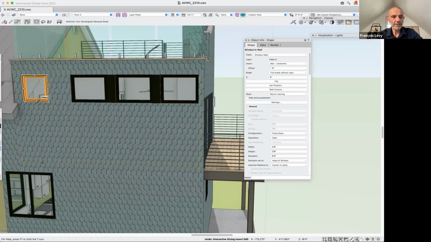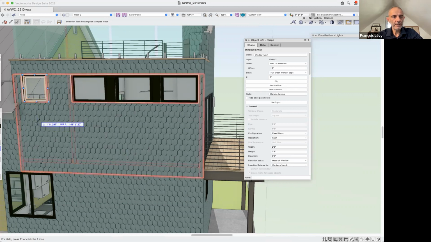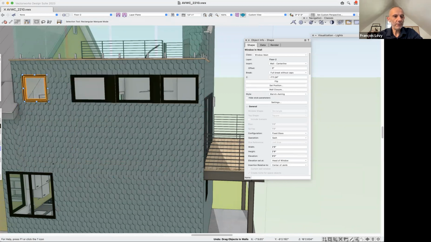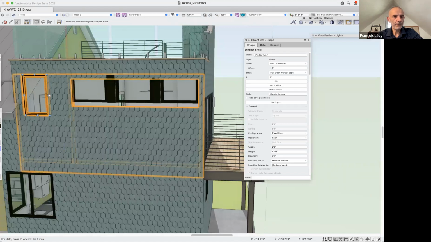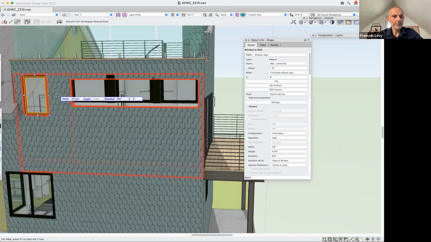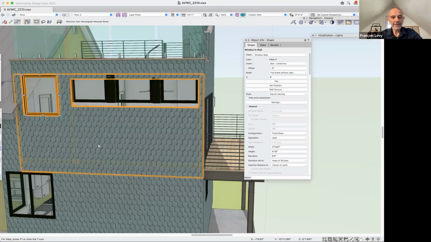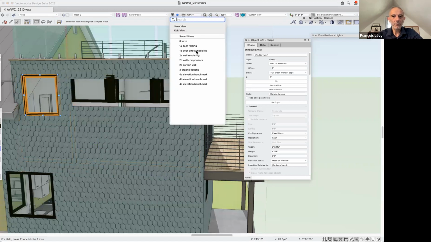I don't know what I did there. That was interesting. I think I'm moving the window. Yeah, I'm moving the window here. There we go. Right. So I can do all that kind of good stuff,